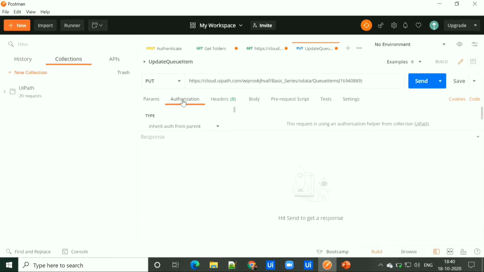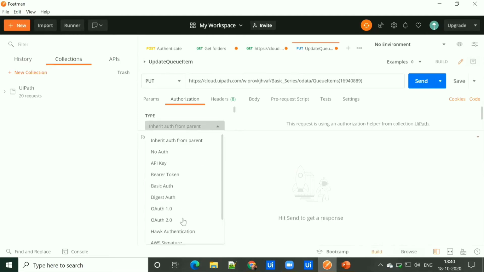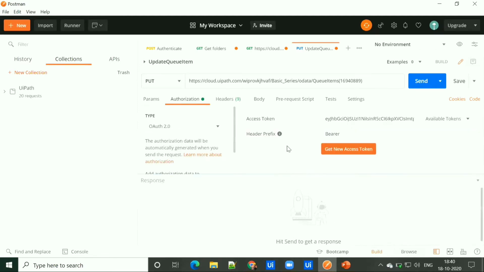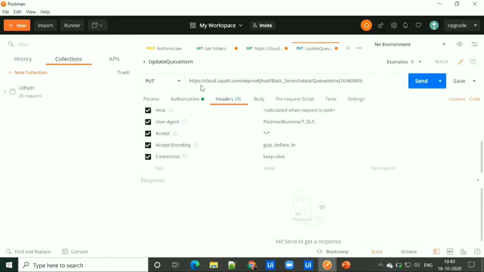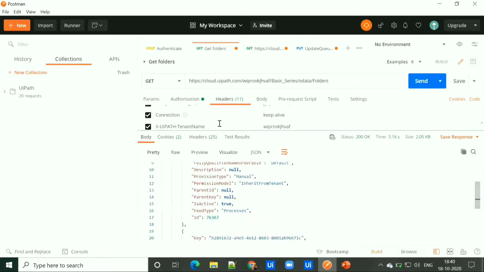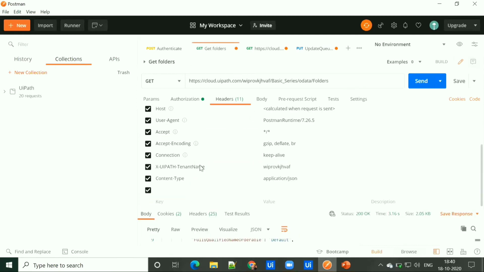Now for authorization, we need to select OAuth2. So it will automatically fetch the access token that we have just created. Inside the header section, we need to pass the tenant name and folder ID. So we can simply copy it from the previous API call.